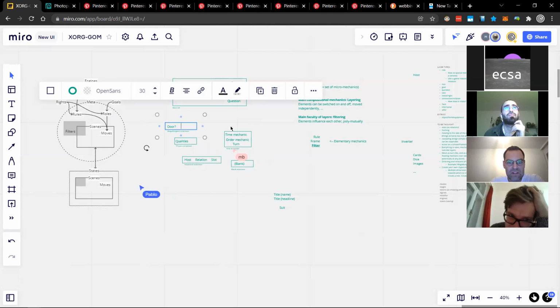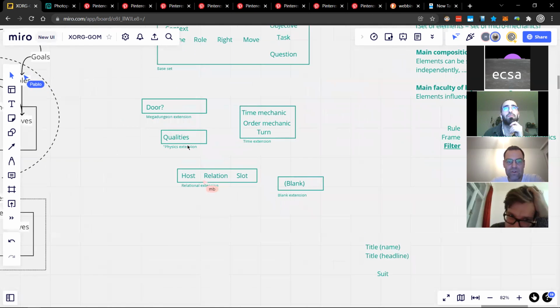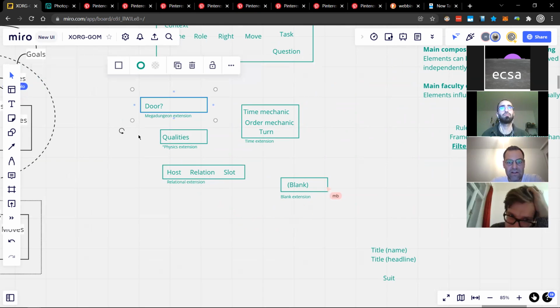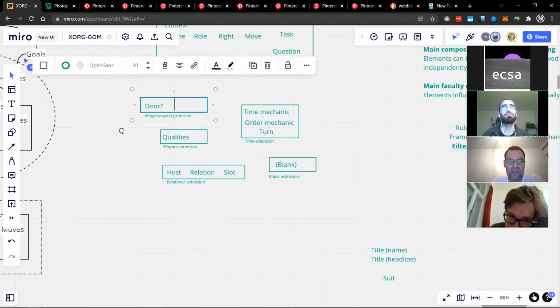Then the time extension, which includes the time mechanic. And a relational extension, which is the host, the relation, and the slot. I'm not sure these need to be there, but just to try. And then you have the blank extension. Yeah, and all those can be torn apart, and I could add to that if I.